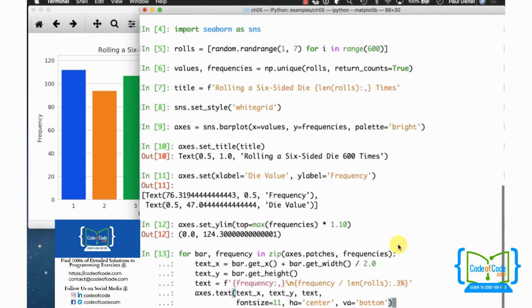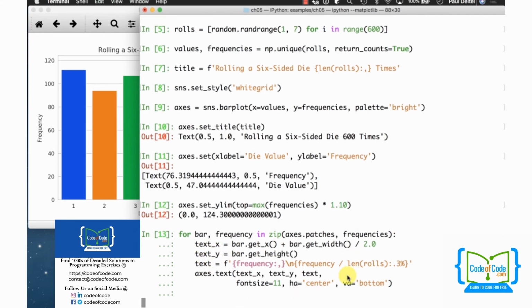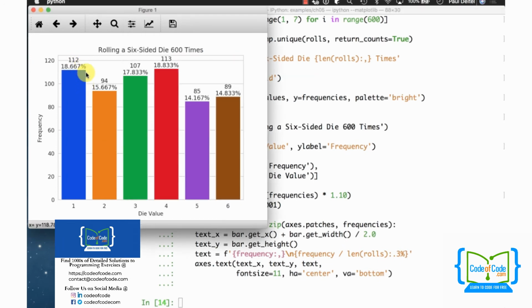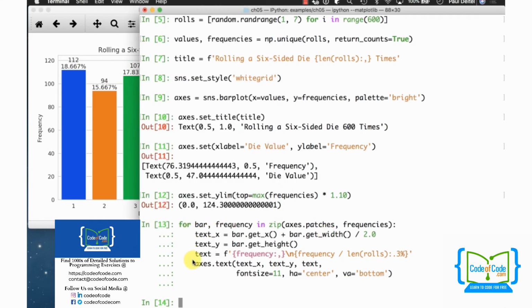Now, the next thing that we're going to do, let's execute this first so that you can see what the results are. So now we have the magnitude and percentage for every bar displayed right above that bar, and the various statements that we've executed inside of this for loop are what are producing those results. So let's walk our way through this snippet so that we can figure out what's going on. So first of all, we're zipping together